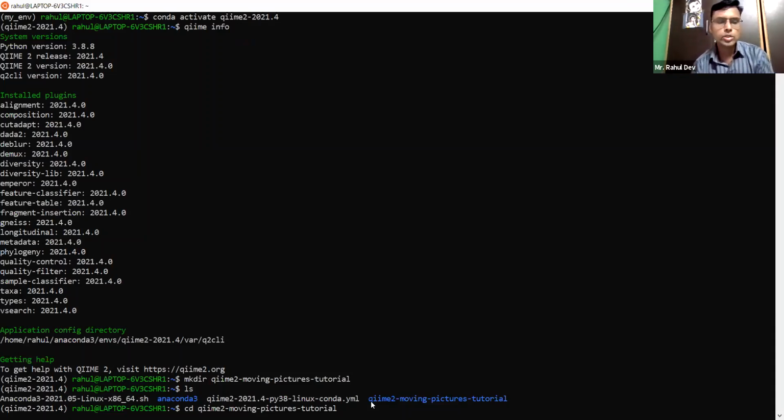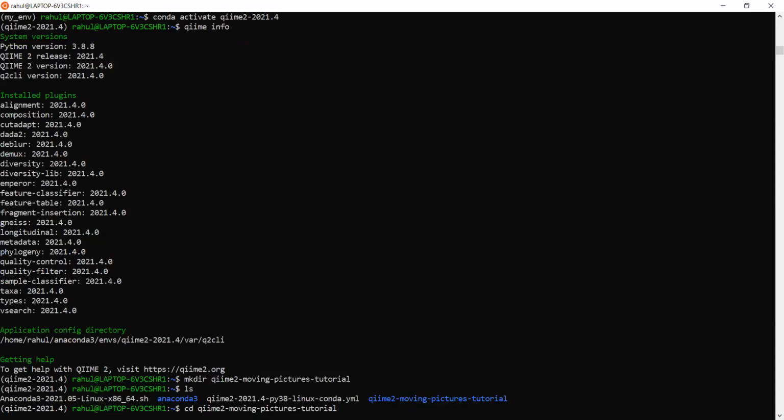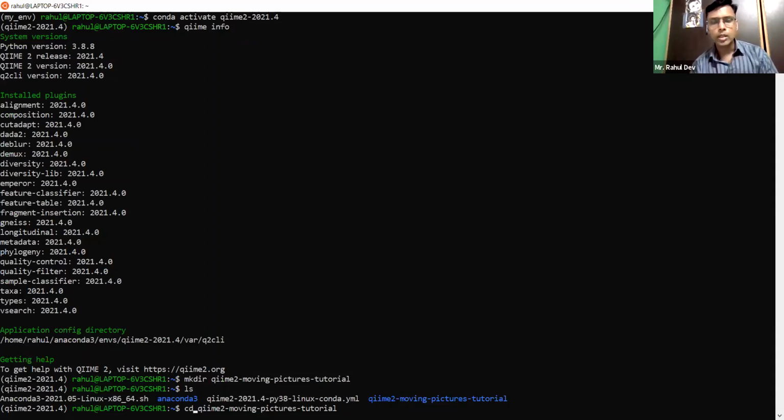The same thing. So the cd command, this cd means change directory. At this moment, I am working in my home directory. And with this command, I would enter into the qiime2-moving-pictures-tutorial. Like in Windows, my college name is Sri Aurobindo College, and I have a folder named Sri Aurobindo College on the desktop. So I would double click on that and enter that folder. All the material related to my college is there. So here I have to type the command cd and the directory name, or I must say the folder name.